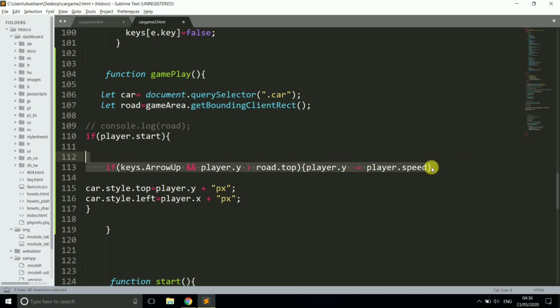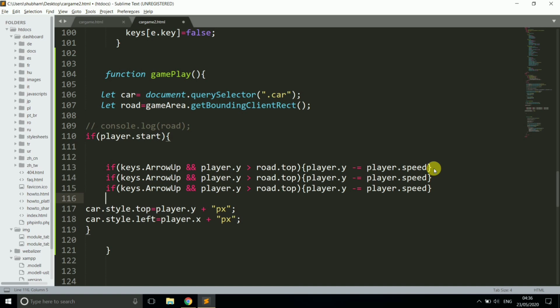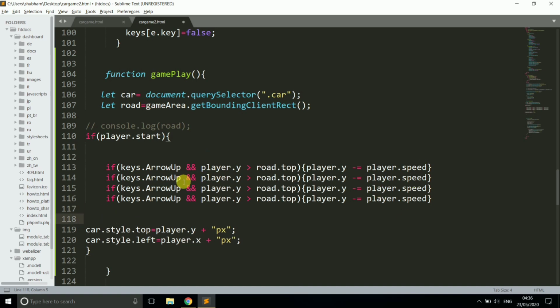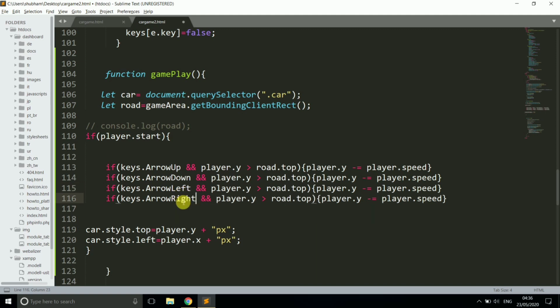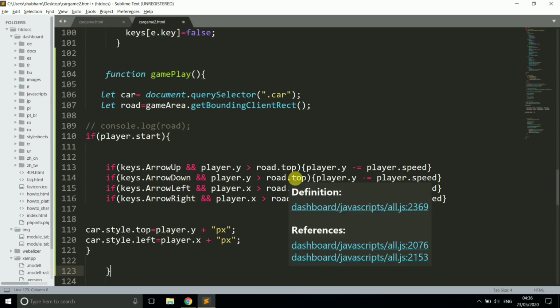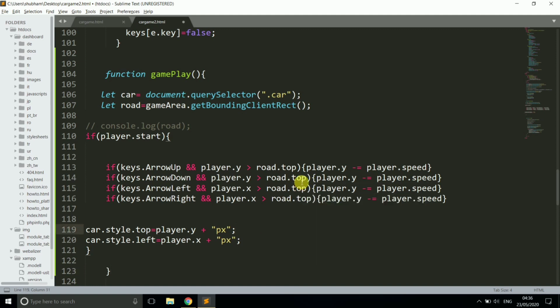Just copy it and paste it, and here we change something. The condition is keys.ArrowDown, and here we change to keys.ArrowLeft and keys.ArrowRight. We change player.y first, and the others are player.x.